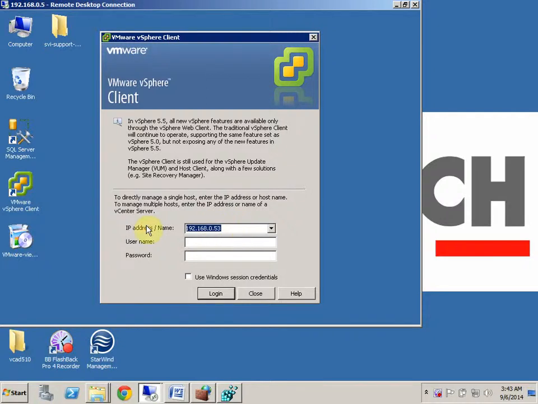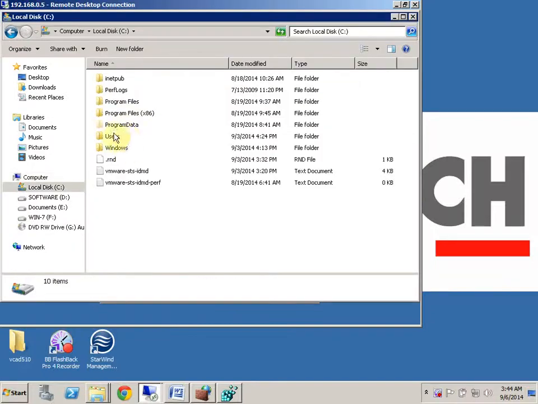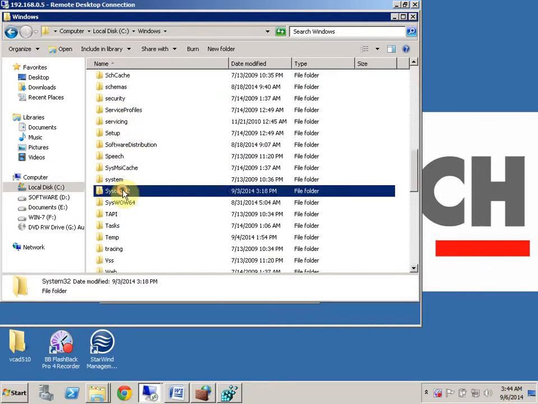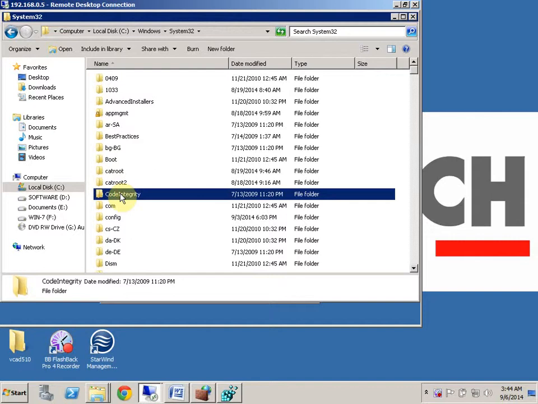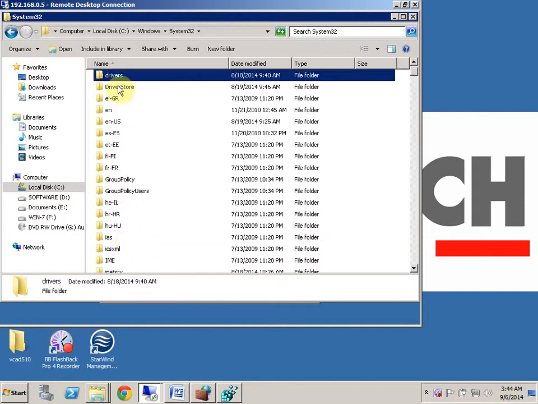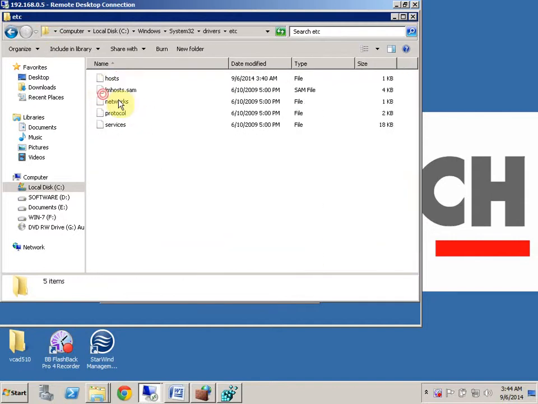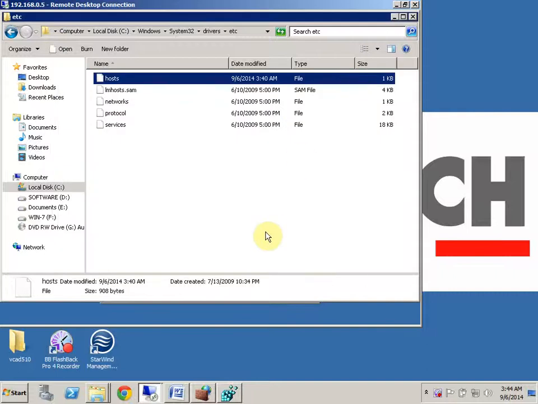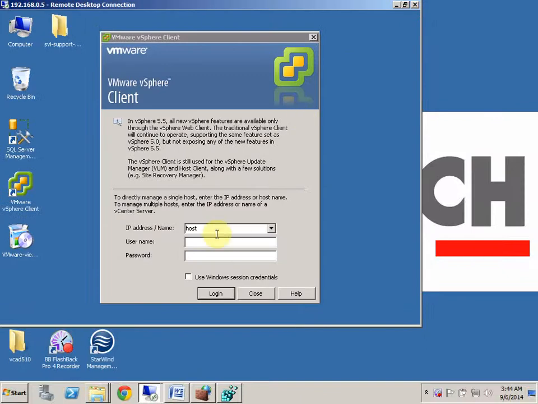So I want to write down here host 3 or host 03. I forget it, man, come on. Again, go to here, System32, drivers, etc, hosts, notepad, host 03. Okay, that's good. I can minimize it, then it's easy for me. Okay, so close it, host 03,